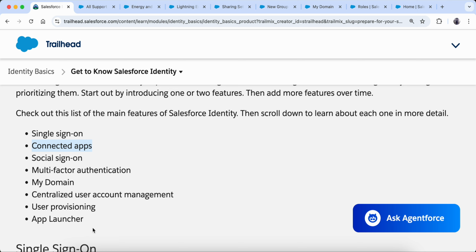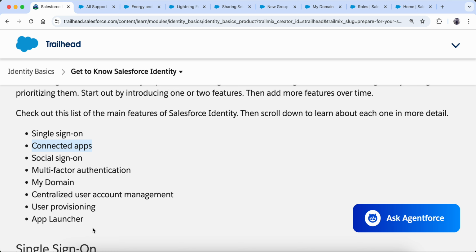So when I'm going from Salesforce directly to that app, I should not log into that app. This is what SSO, single sign on, is. And what I have to do for SSO, I have to configure my app for SSO. There are some steps which I have to configure, and then SSO will be enabled.